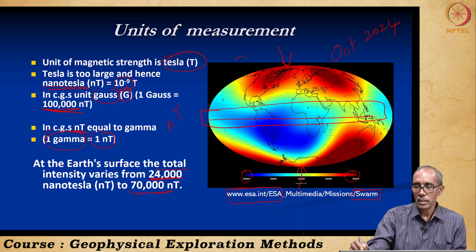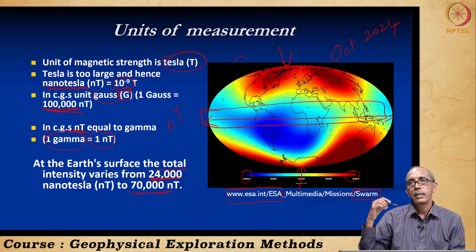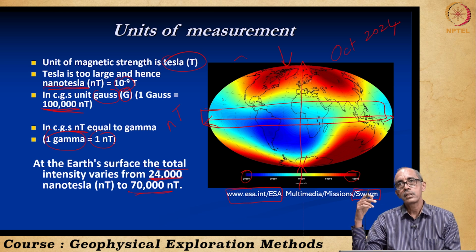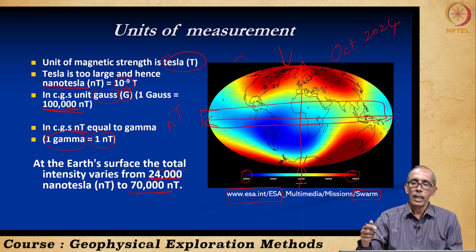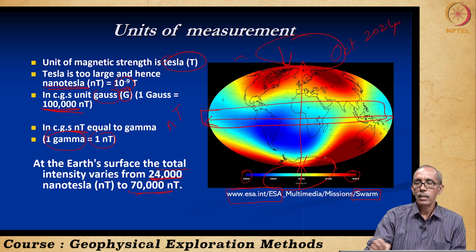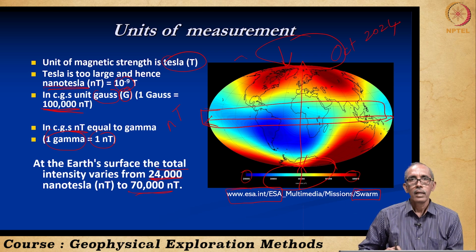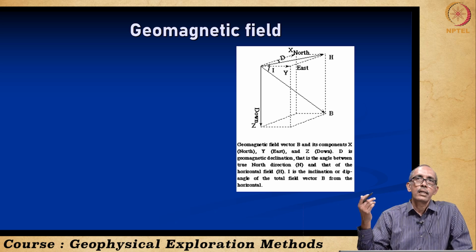The diameter of the earth is much larger, longer along the equator, whereas it is shorter between the poles. Between the poles, the diameter is shorter by at least 40 to 45 kilometers. Due to this, magnetic intensity is much higher at the poles, whereas it is lower at the equator.